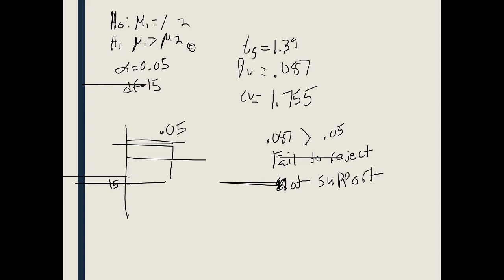Now, here's the thing though. It was a very close not support, right? So this might call into suspicion here. Like again, you had 0.087 versus 0.05. This might call into suspicion things like, okay, well, maybe there is. We just didn't necessarily have quite enough evidence there. And in fact, this case, I believe, if I remember correctly, was actually determined to be